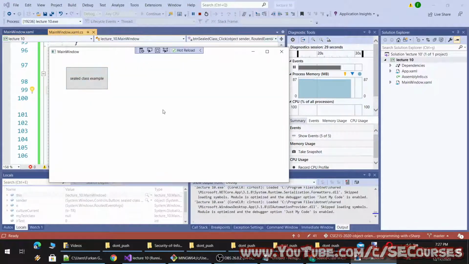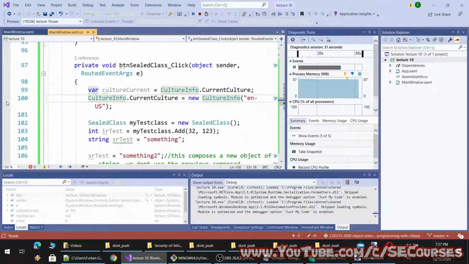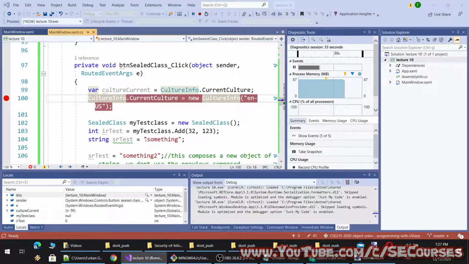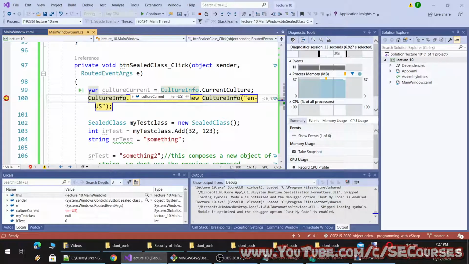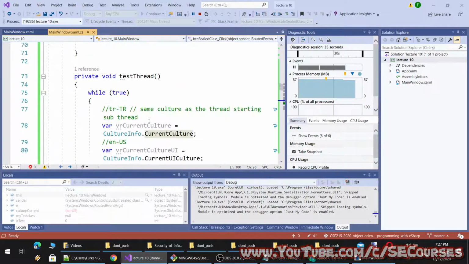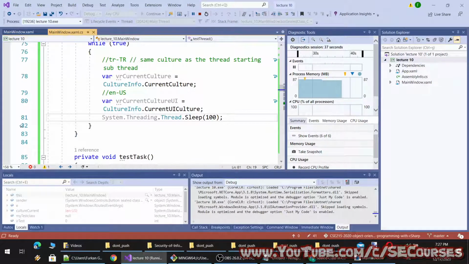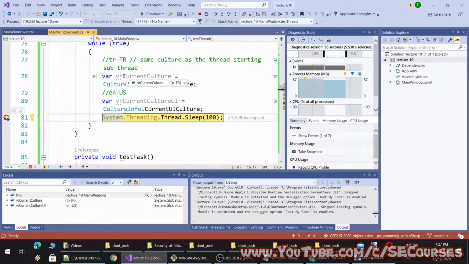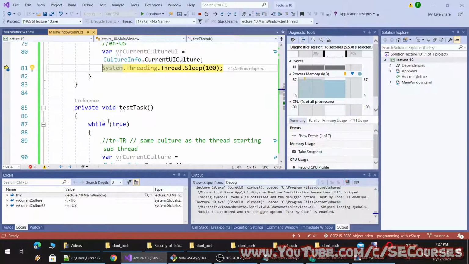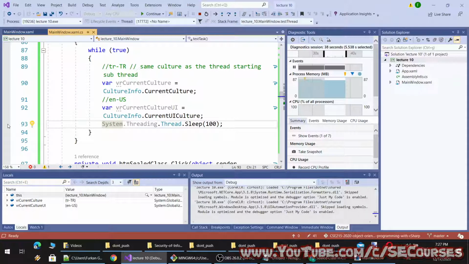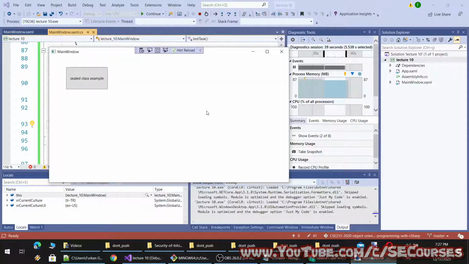Let's click it again and see whether the current culture is changed or not. You see it is still English US. Let's continue. Now I will put a breakpoint here to see whether any change is made or not. Okay, it is still Turkish. So each thread keeps its culture information until it is terminated.